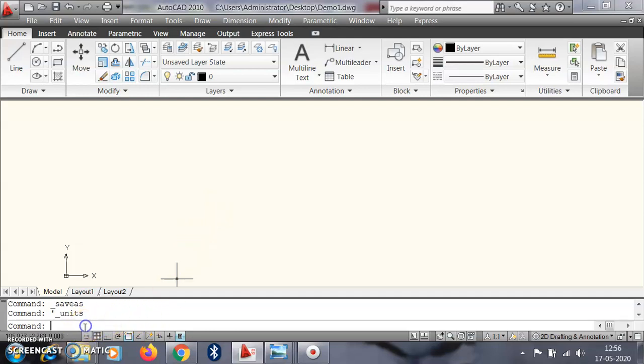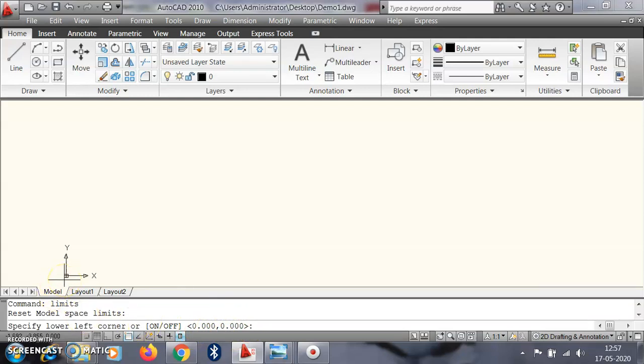For that, you press in the command window and type the command limits. In limits, the first corner is the origin, 0.000, 0.000.